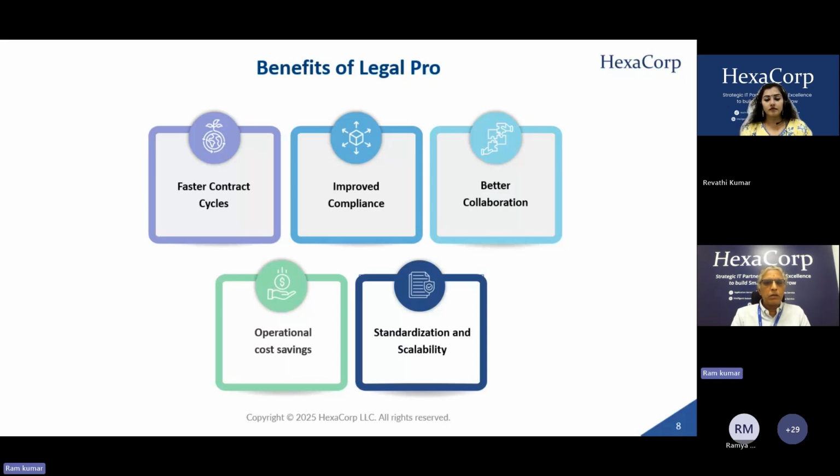Legal Pro also brings standardization and scalability. By enforcing consistent language and clause coverage across all contracts, it ensures uniformity, whether it's NDAs, SOWs, or MSAs, and it easily handles large volumes of contracts across multiple teams or geographies. Another benefit is better collaboration. With clear insights and consistent process, legal teams, procurement, and business stakeholders can work together more seamlessly, avoiding confusion or